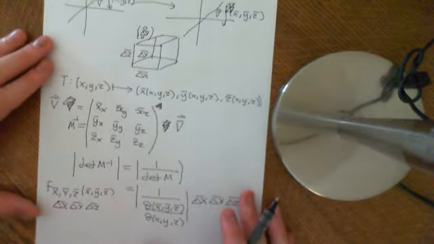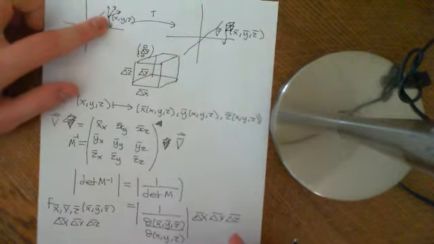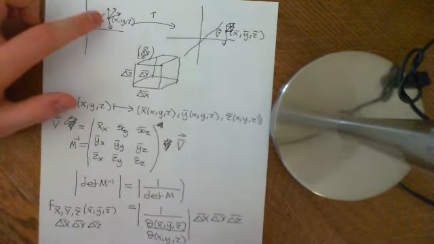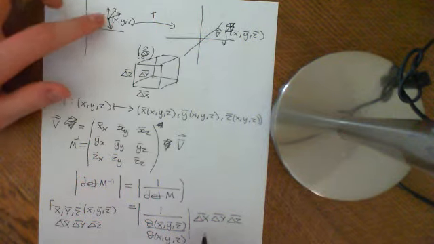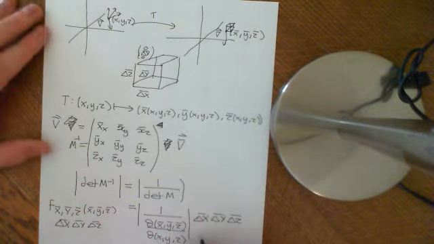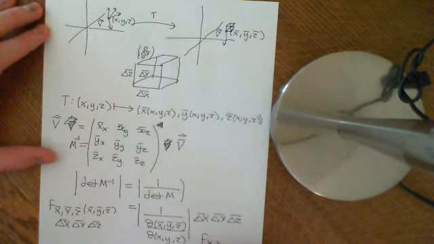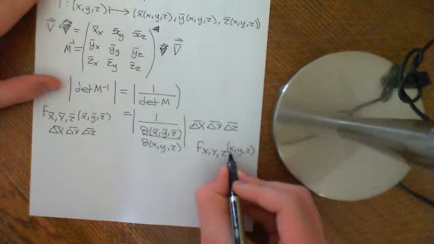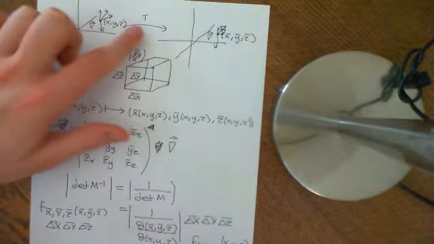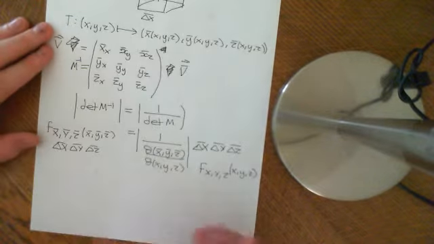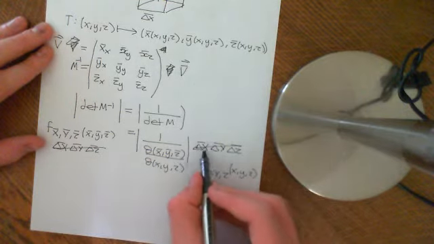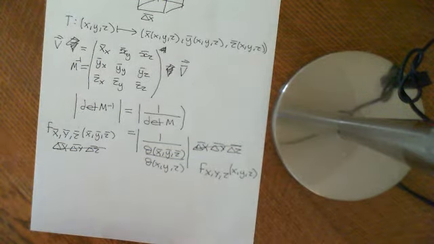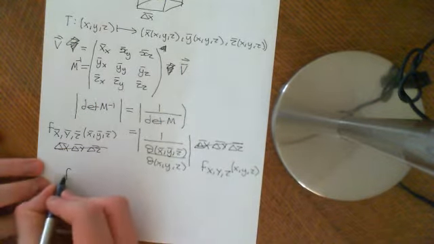But the way that we can work out that probability is by saying, let's take the pre-image of this box within here, and then multiply that volume by the probability density function on here, which is the probability density function of the original random variable x, y, z, evaluated at the point little x, little y, little z, where we define little x, little y, little z to be the point which is the pre-image of x bar, y bar, z bar in this transformation T. Okay, then all we do is cancel these delta x bar, delta y bar, delta z bar on either side, and we get that the way in which we would transform